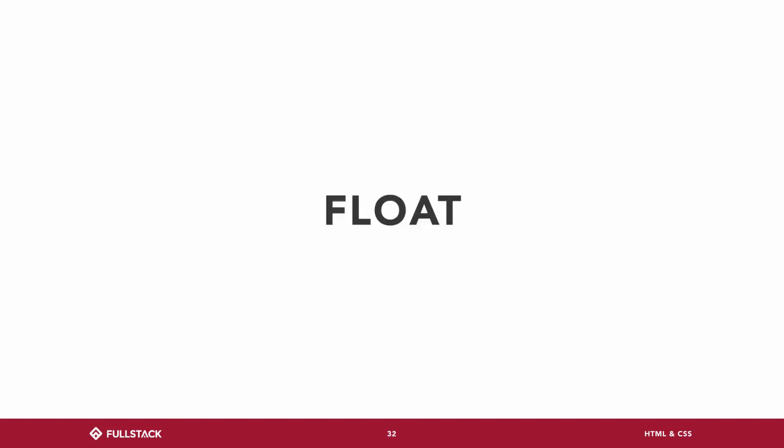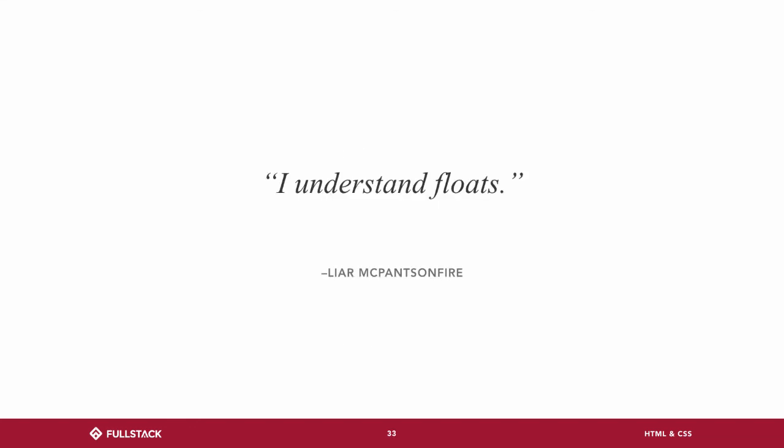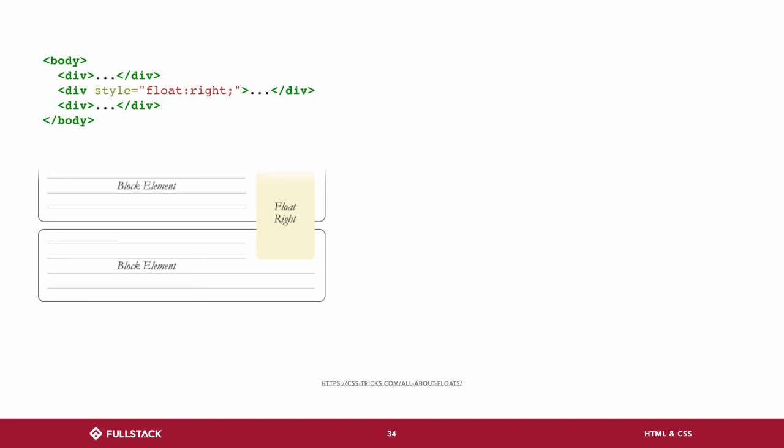So let's talk about how floats end up working. This is a cute little quote: someone says they understand floats, they're probably lying a little bit because they tend to be confusing. Here's an example where you have two block elements and something that's floating to the right. And really, that's exactly what it's doing. It's just going to end up floating to the right, and it's basically floating on top of these other two